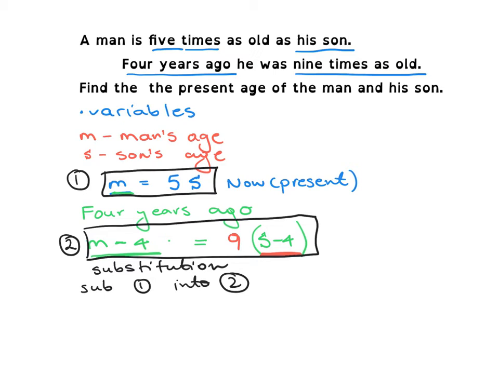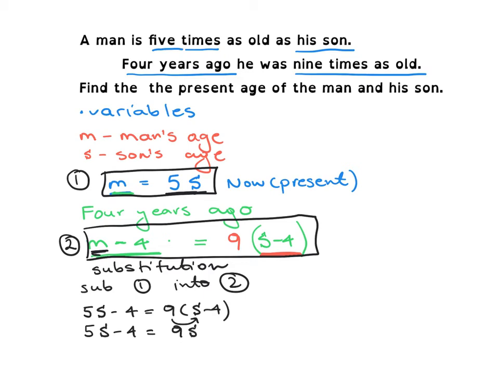Every time I see the value of M, it is going to be replaced by 5S. So we're going to have 5S take away 4 is equal to 9S take away 4. The next step is a little bit of algebra, expanding: 9 times S is 9S,